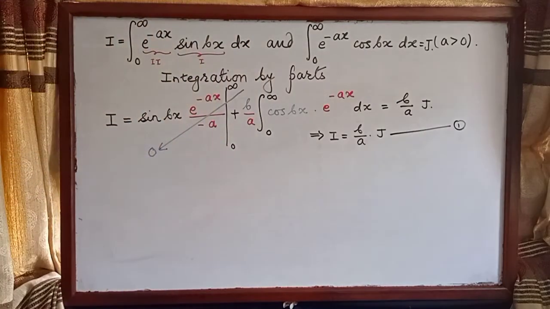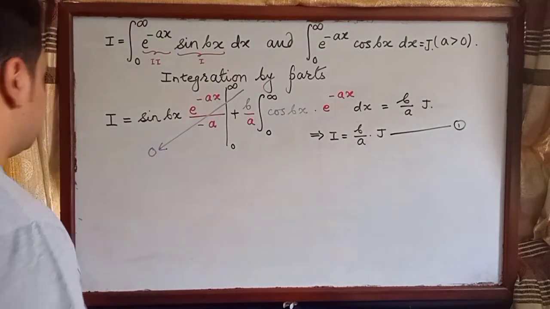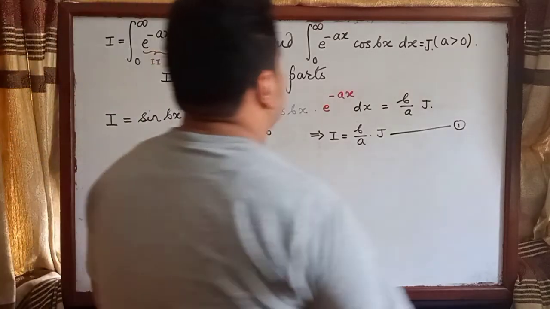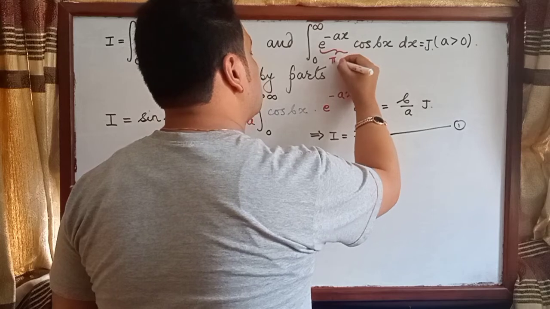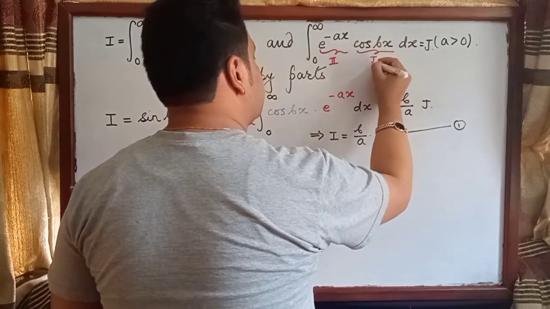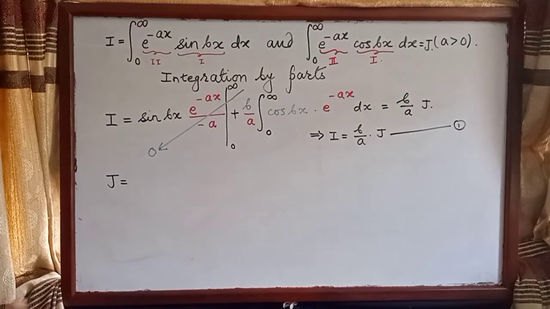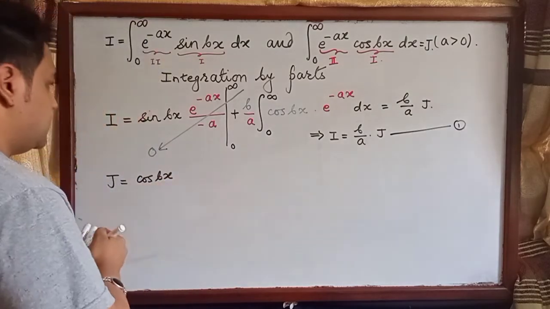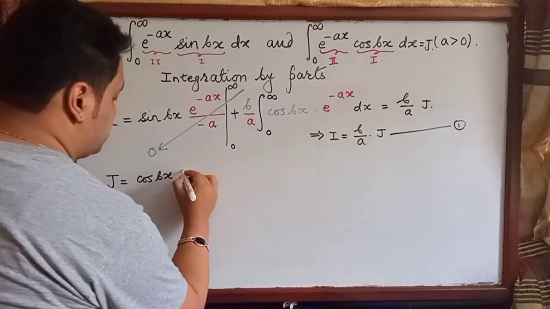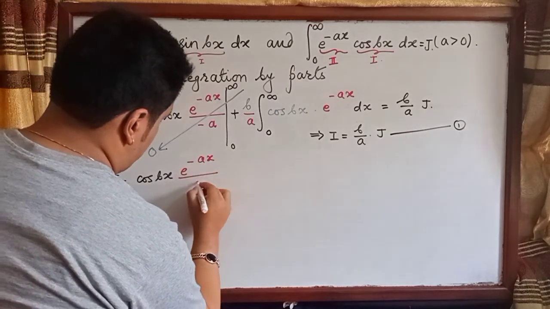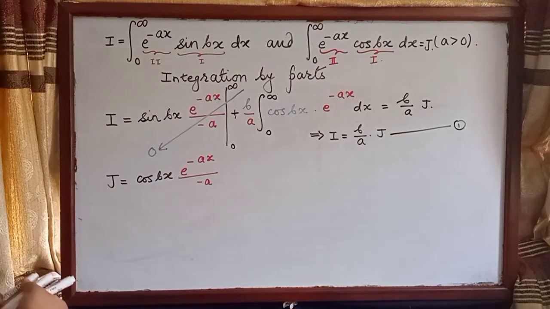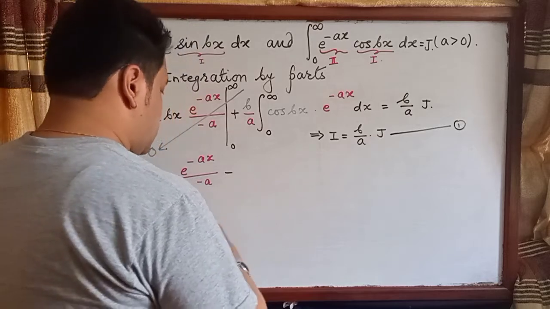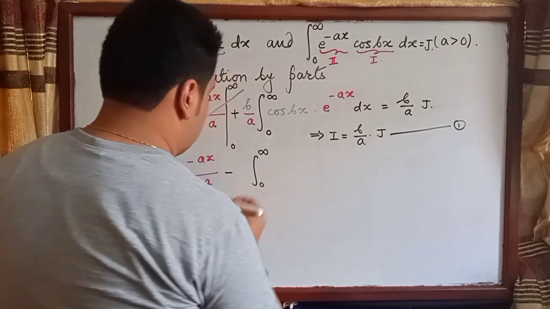Now let's do the same thing for the second integral, j. We again integrate it by parts. Again, the exponential function will be taken as the second function, and the trigonometric function will be taken as the first function. So, first function times the integration of the second function, minus the integration from 0 to infinity of